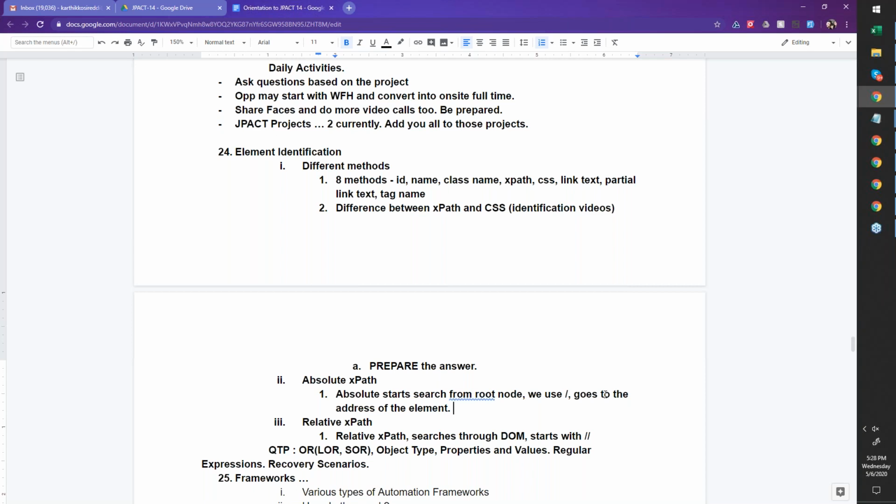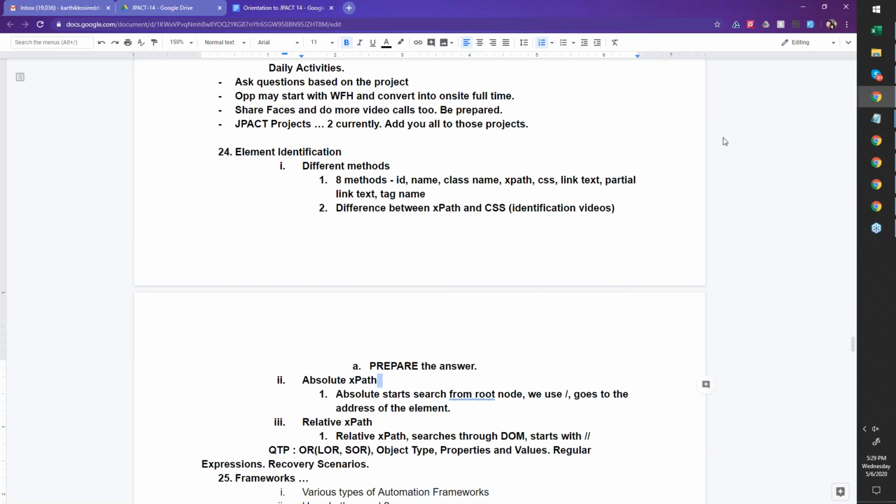And yeah, relative XPath directly goes to the element, whatever we need. Okay.